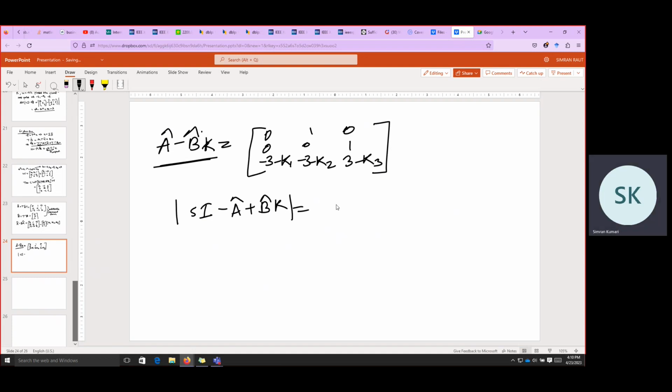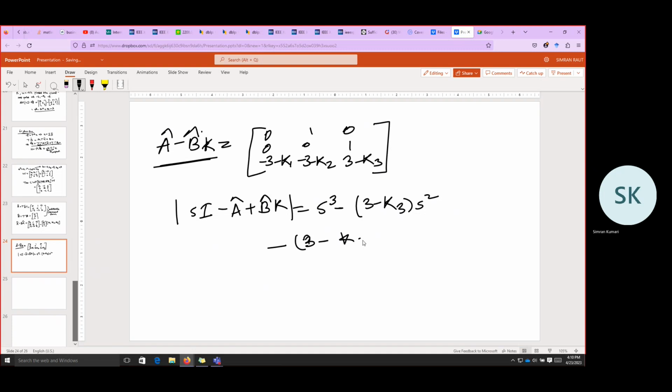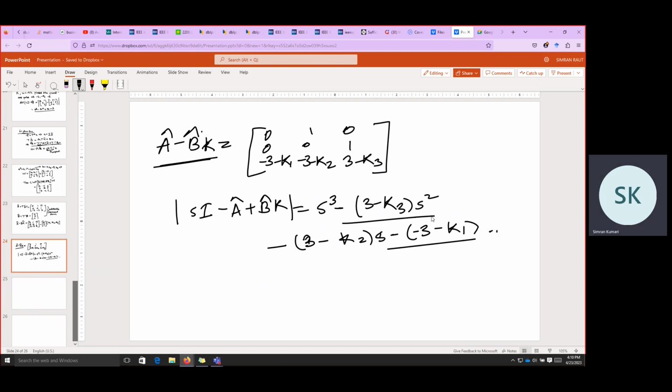If we find the determinant of this one, this would give S cube minus (3 minus K3) S squared minus (3 minus K2) S minus the constant term. So this is the characteristic equation of this closed loop system,